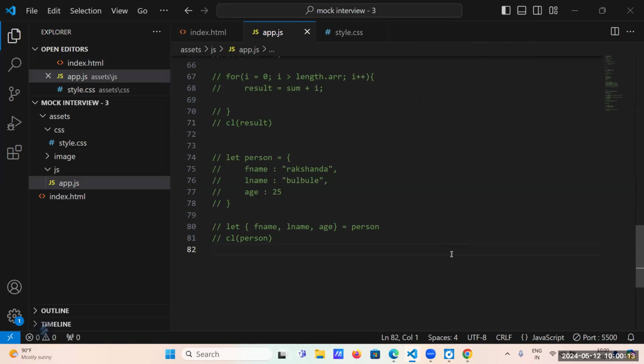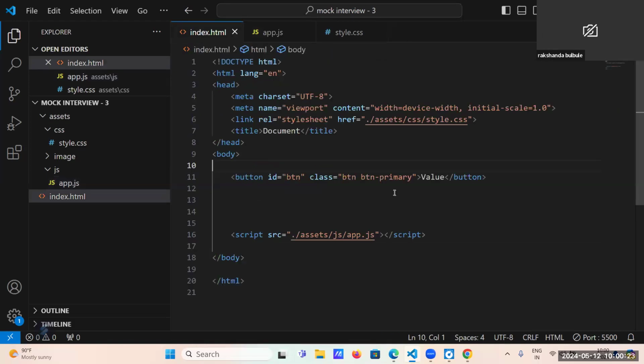Will it work or not? No, sir, because it shows the document type. It is a document.